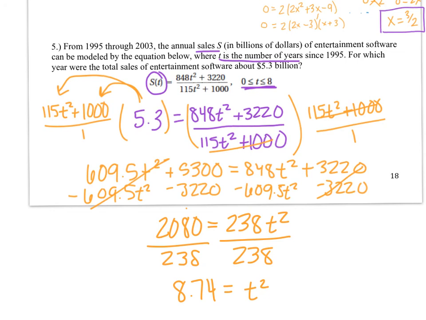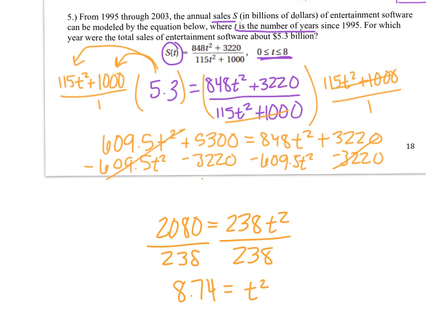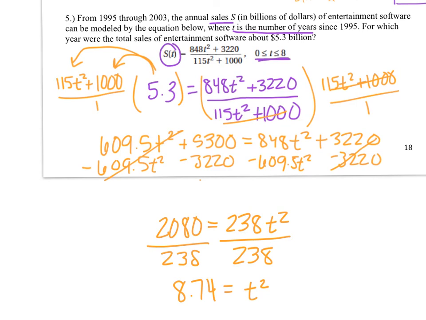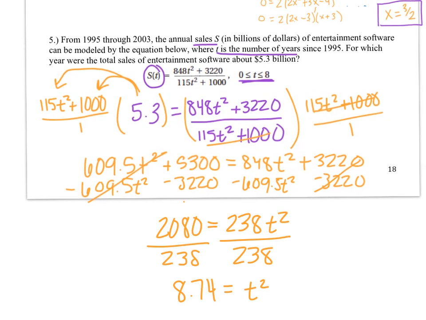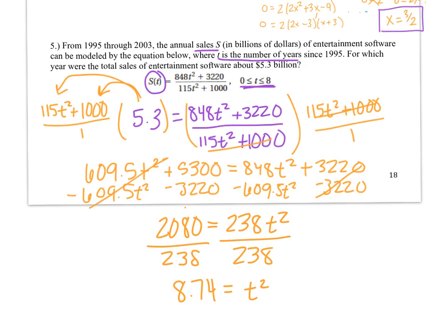How do we undo anything that is squared? We have to take the square root. So t is going to be equal to around 2.94. So I'm going to round that up to about 3